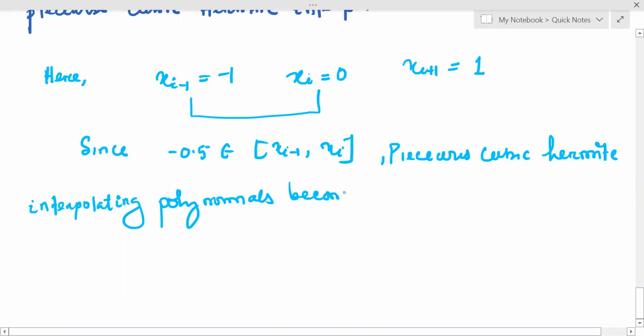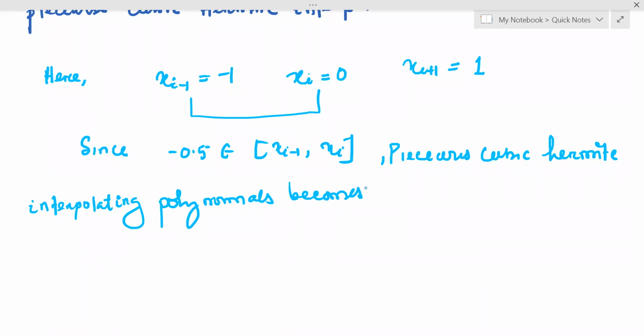What is the piecewise cubic Hermite interpolation polynomial of this function? That is P3x